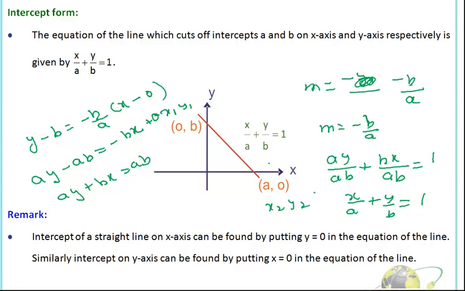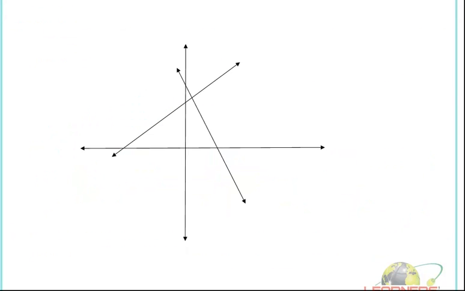Let's move. Now the next important thing is the angle between the two lines, right? Suppose we have these two lines, one is this and other is this, and we are interested in finding out the angle between these two lines, right? Suppose slope of this line is m1, or that is tan theta 1, right? And slope of this line, that is m2, that is tan theta 2. Okay, and angle between these two lines is nothing but we assume that is theta. Okay,